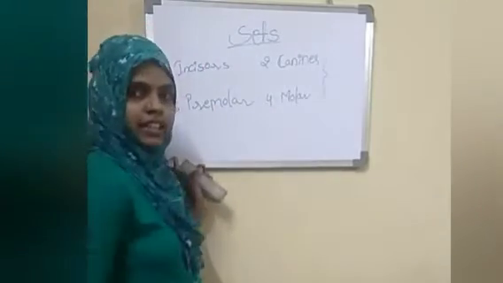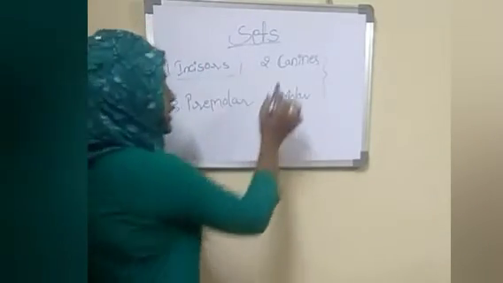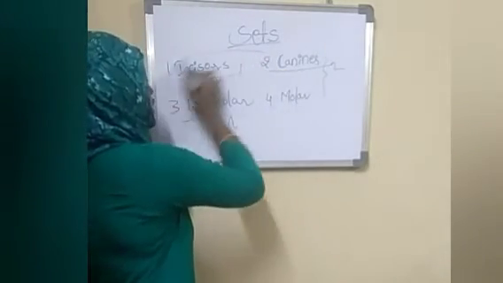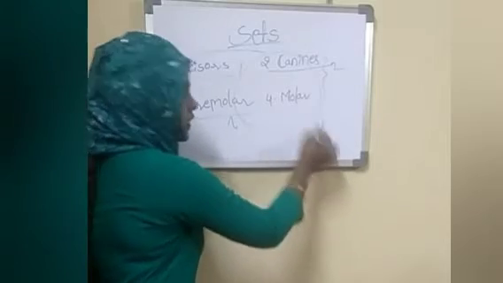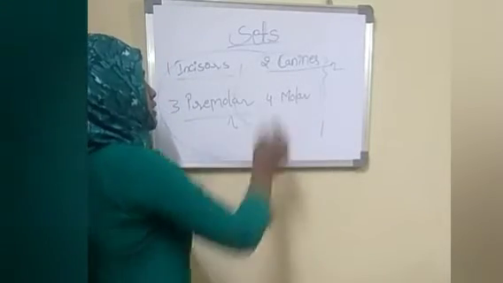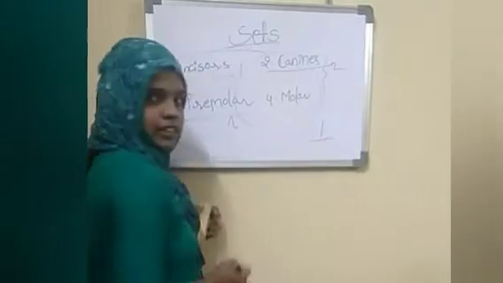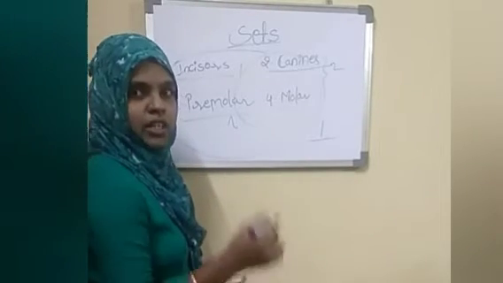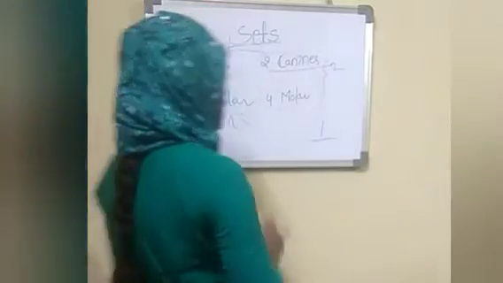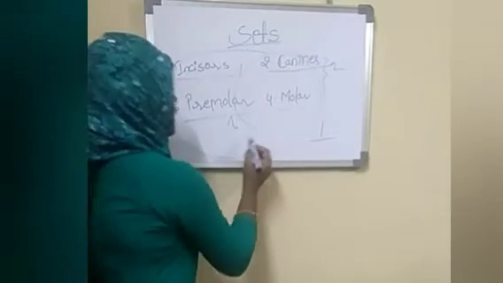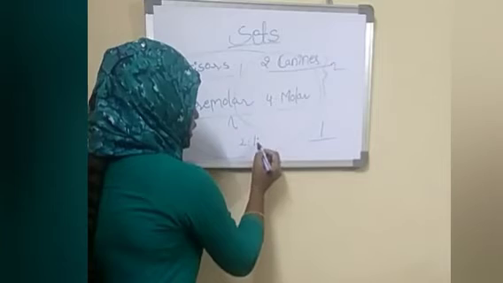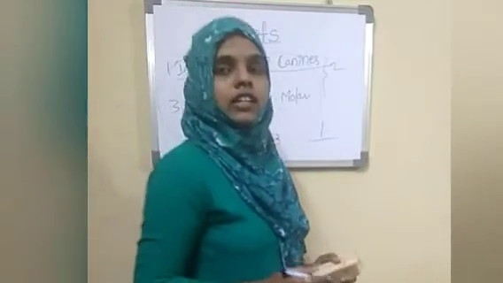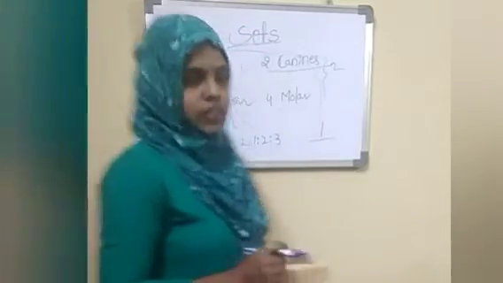And here we are taking this as a set, and this is also a set, and here we are taking this also as a set. And completely, all of this belongs to a set. Here we are taking one set as a complete set, and again we are taking a single set differently, which belongs to its own family. And we will take this formula as 2:1:2:3 to represent how the teeth are situated in our mouth.